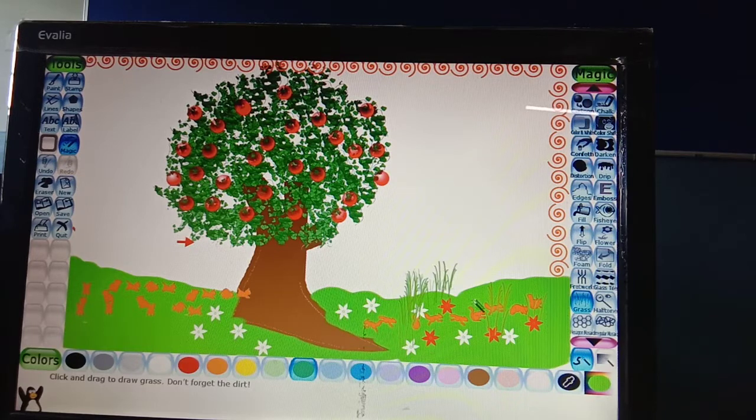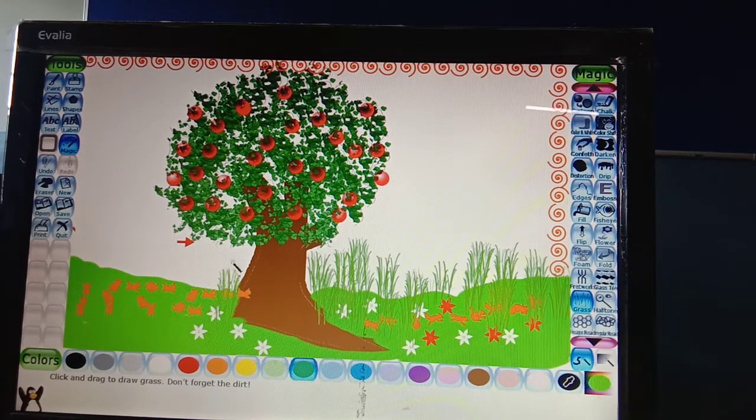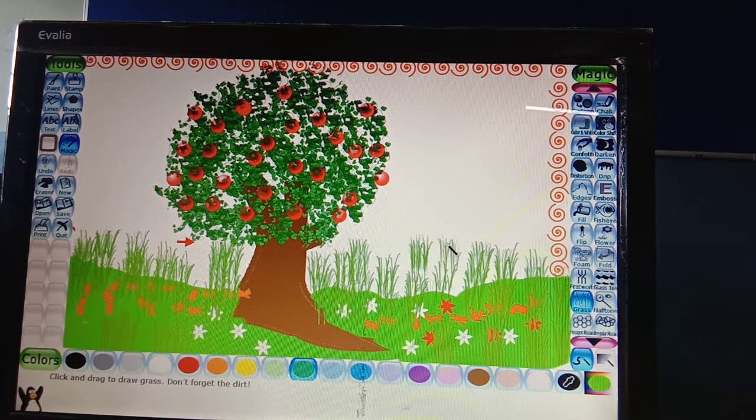Just like grass is also there, so it will look nice. Very beautiful. This is a very beautiful painting program. It will show you the original look of your painting. Clear to everyone? So this is your tree in a garden, you can also say.